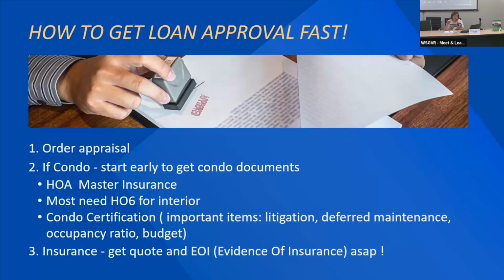Then they ask for the occupancy ratio. They want to know if this project has all tenants or is primarily owner occupied. If you're an owner occupied buyer, the lender does not care if there are lots of tenants. But if you're an investor buying this one and it has over 50% investment, you can't get that loan. They think this whole condo is investor. The budget is required